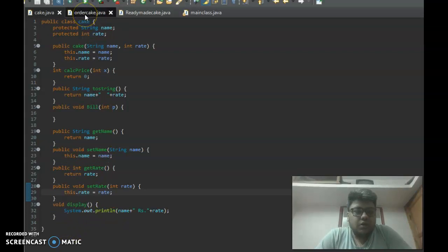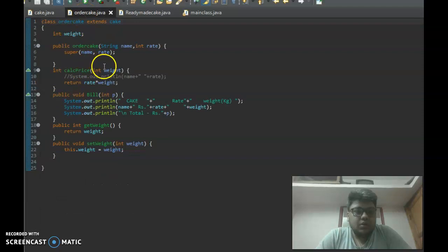Now we're going to see OrderCake. The OrderCake class extends Cake. Extends Cake means it follows Cake, and adds weight. In the public OrderCake constructor, String name and int rate go to the super class, and in int calculatePrice I want an int weight. Rate and weight are multiplied to calculate the price, and public void billPrice, and I want to